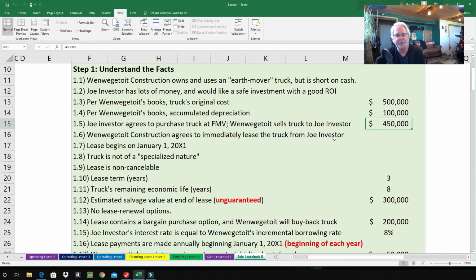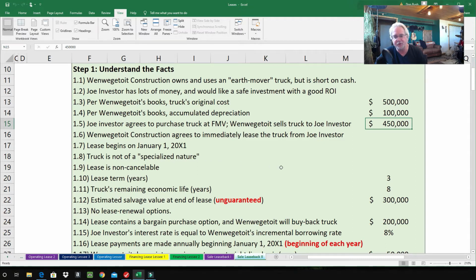It's not what it appears to be. So 1.6, when we get to it, construction agrees immediately to lease the truck from Joe Investor. The lease begins on January 1st, 2001. The truck is not of a specialized nature. This truck